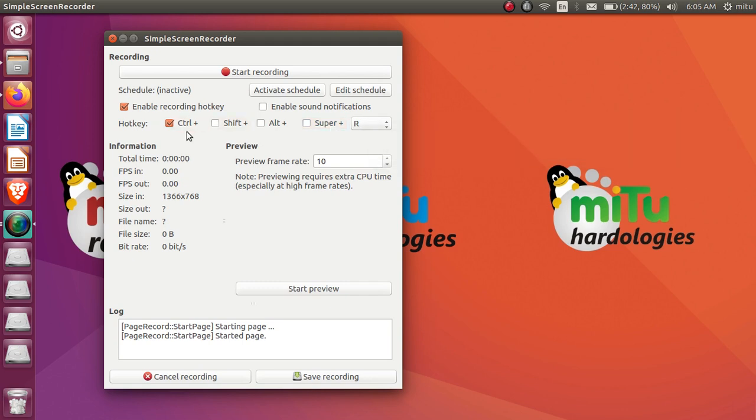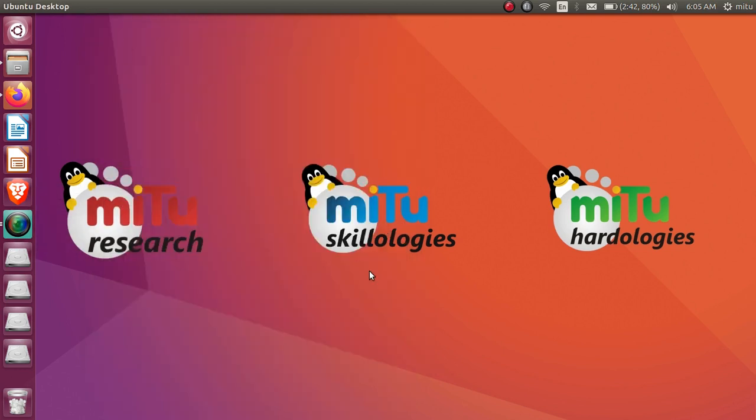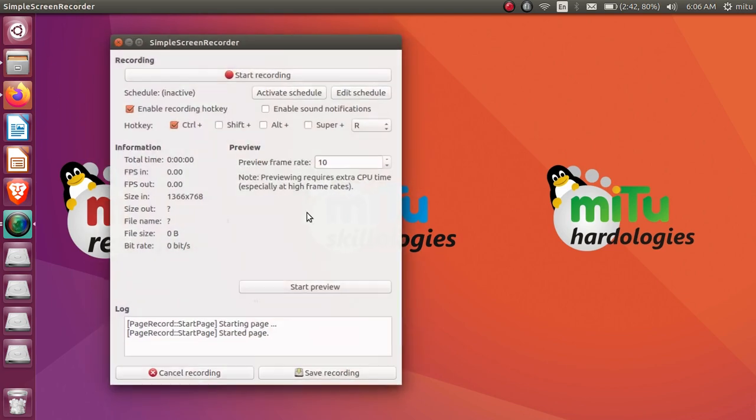I'm using R. Control R is the shortcut key by which the recording will start and recording will end. I need to just minimize this, and after that when I press Control R, recording will be started. When Control R is pressed, this particular icon will go into the red state, and once it is in the red state, it means that the recording is started. Once the recording is started, we can perform our screen activities. The screen activities will be recorded and saved in the videos. Okay, fine. So let's go for this.